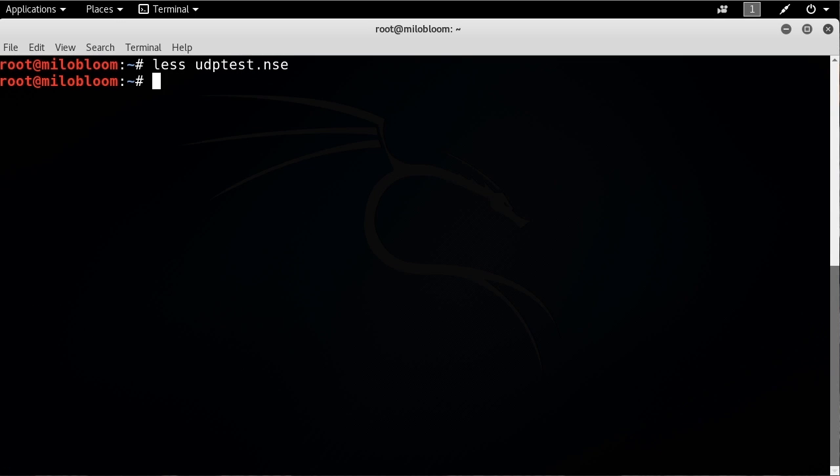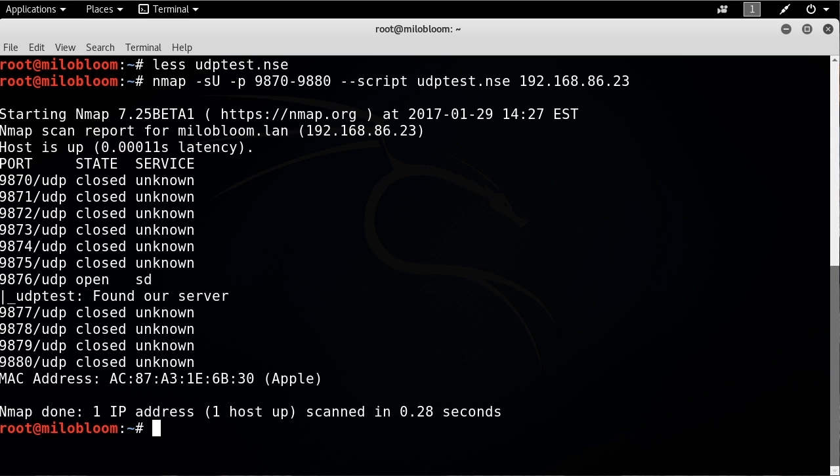So in this case, in order to run that, I'm going to do a UDP scan, and I'm just going to say ports 9870 through, let's say, 9880. And then I'm going to say script udp-test.nse. And then my target is going to be 192.168.86.23. In this case, we've got a lot of closed ports because we specified the ports. And so we specified exactly what ports we want. Nmap is telling us that those ports were closed,